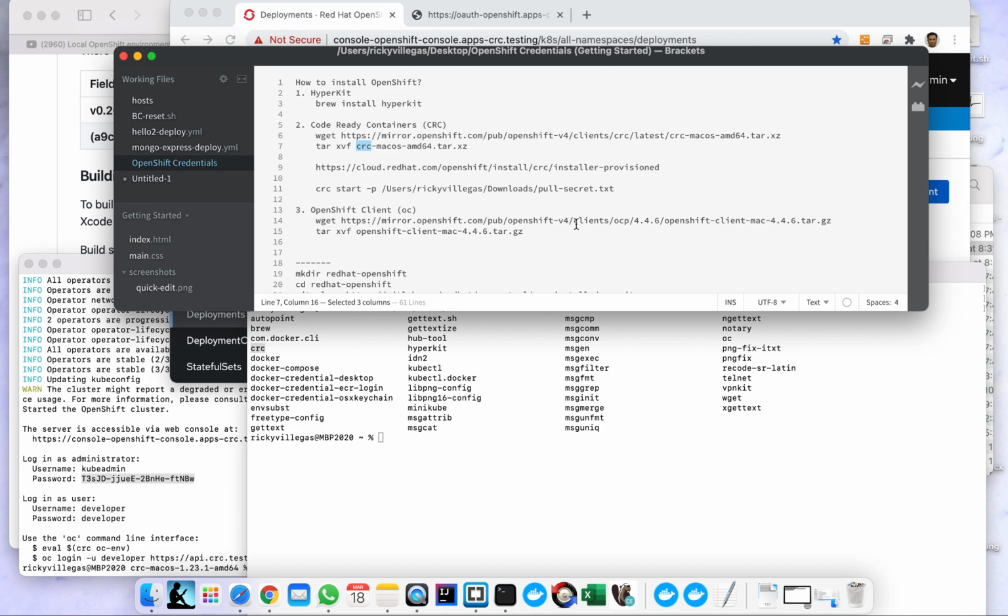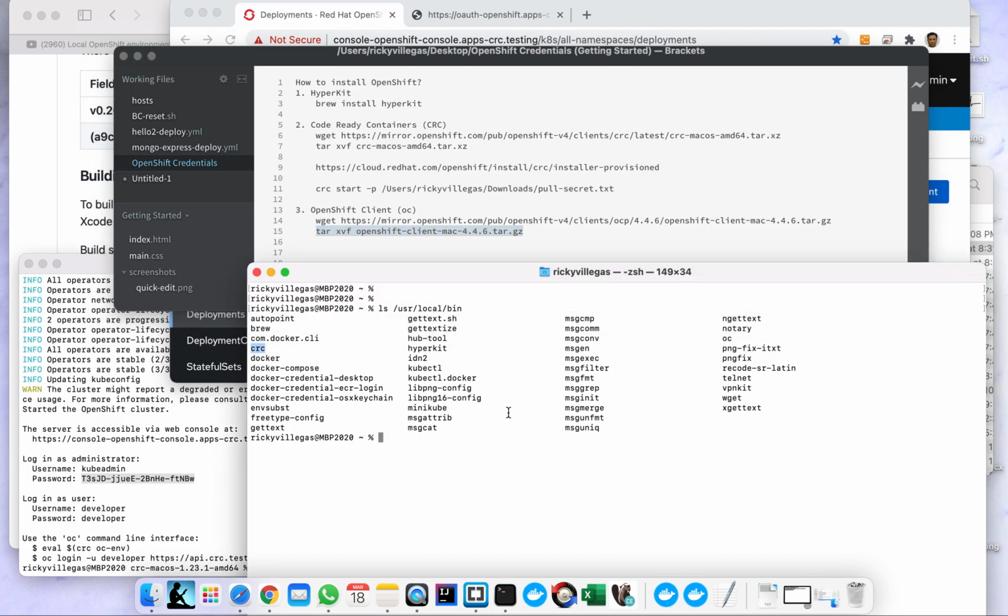Then after that, we also downloaded the OpenShift Client, which is the OC, using this URL. After downloading the OpenShift Client tar file, it's the same thing. We also extract it. Then after extracting it, we move the OC to this directory, /usr/local/bin. So this is the file, right? OC. Again, the purpose of that is to make it accessible anywhere. Okay, so after downloading the OC and CRC files, executable or binary files,